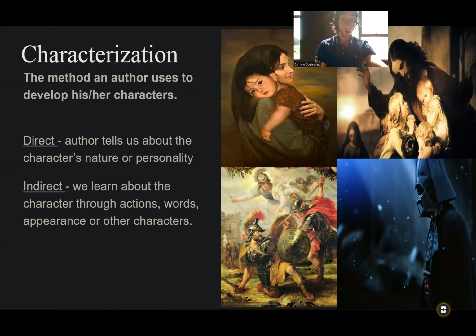Now, how is it that we get that? How is it that we know, for example, that this woman here is loving? I usually play a joke with my students. I say, okay, what do you got here? What's going on? And they say, oh, well, the person is characterized as loving. And I simply ask, how? How do you know that? They say, oh, well, because she's holding a baby. I'm like, well, how do you know she's not kidnapping the baby? And I just go down and down and down, in this kind of Sherlock Holmes sort of way